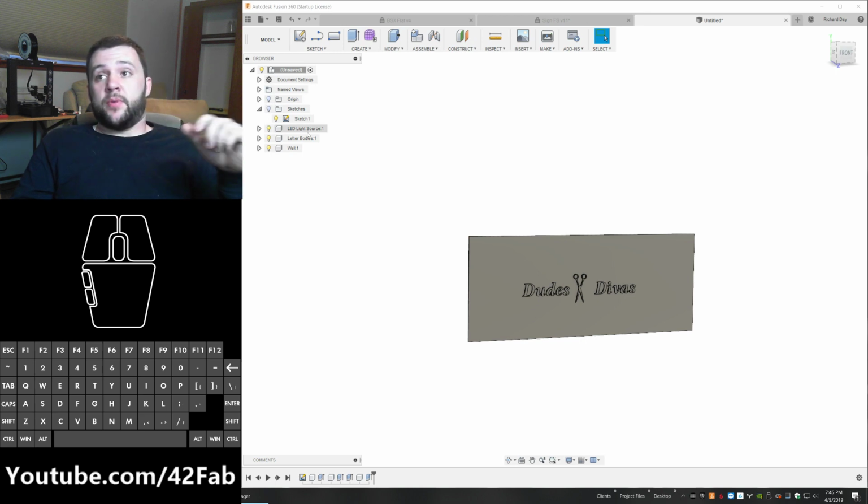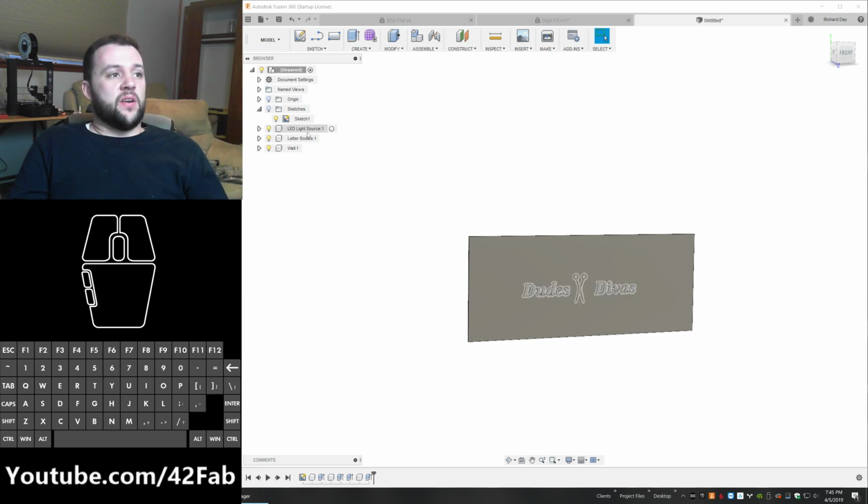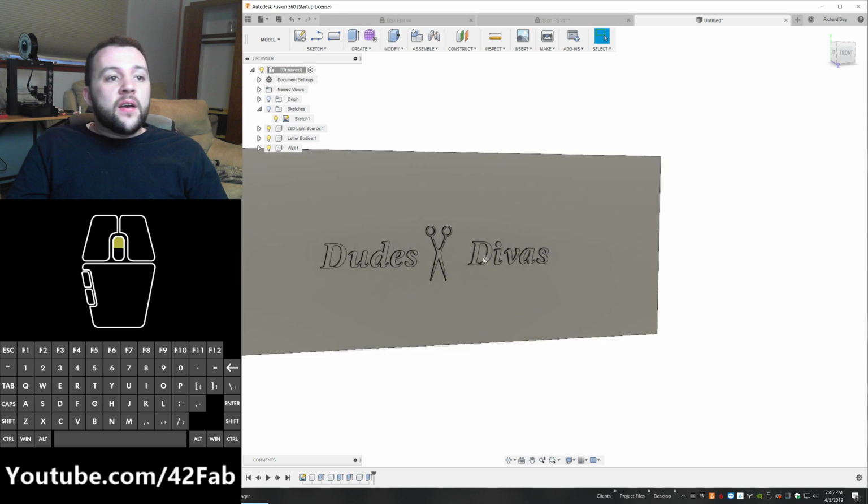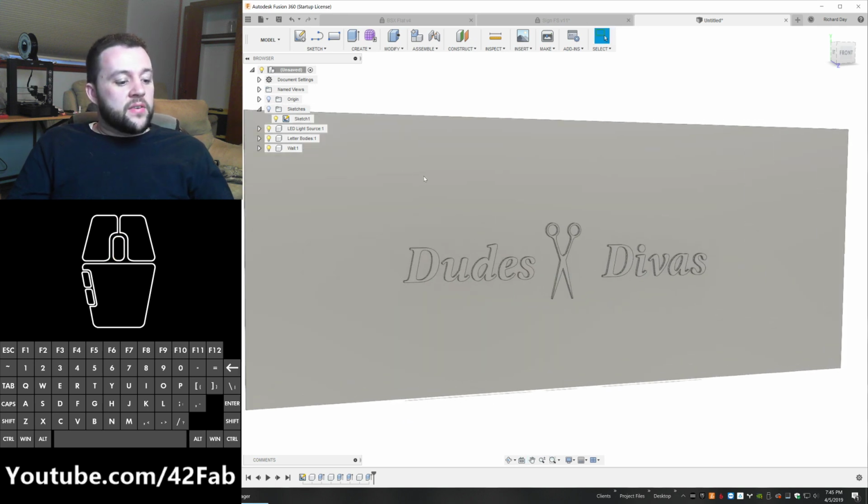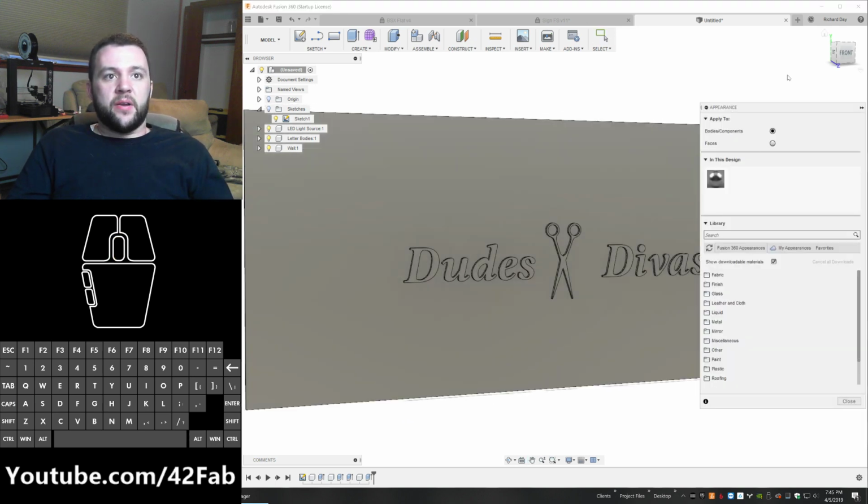So these little light bulbs turn the visibility of things on and off. And that's what we've got. So let's go into A. That's going to bring up our appearance window. Now, if you've never done this before, you're not going to have any textures or materials downloaded. Every one you go to, let's use one I never have. Let's say leather and cloth,